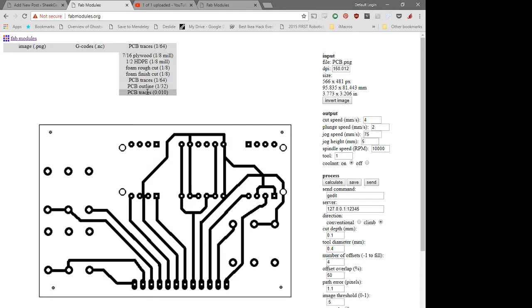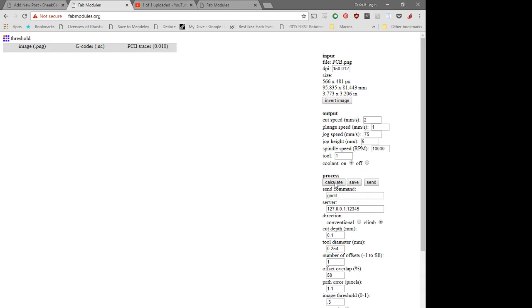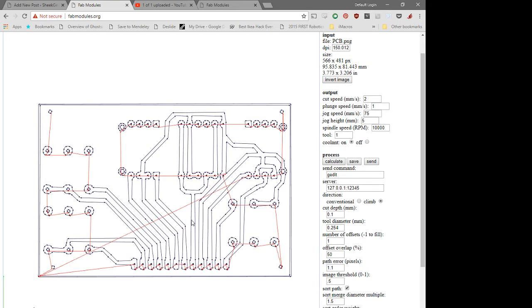If you wanted to do 0.01 inches here as your bit, you just select that, and that in this case makes a much cleaner design. Now it's probably because I only have it doing one pass or something over here, but yes, you could do that,